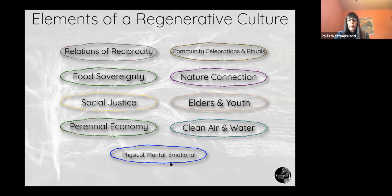Perennial economy, a long-term economy for the long term, growing on a foundation of regenerative agriculture, local foods, cooperative organization, healthy ecologies, clean air and water, and then last but not least, physical, mental, emotional, spiritual health for all. So again, these are elements that we have seen in regenerative culture that can convert into